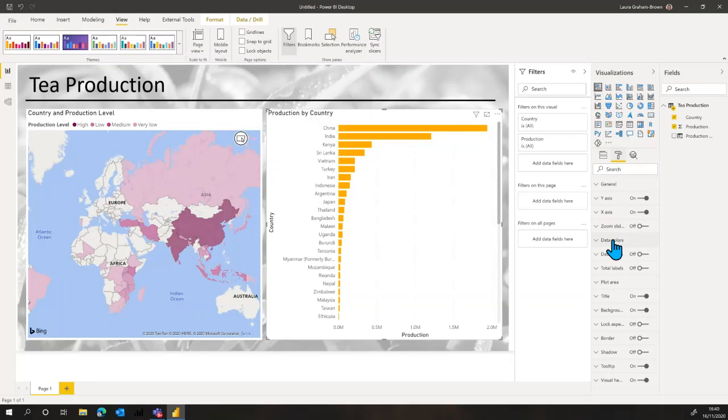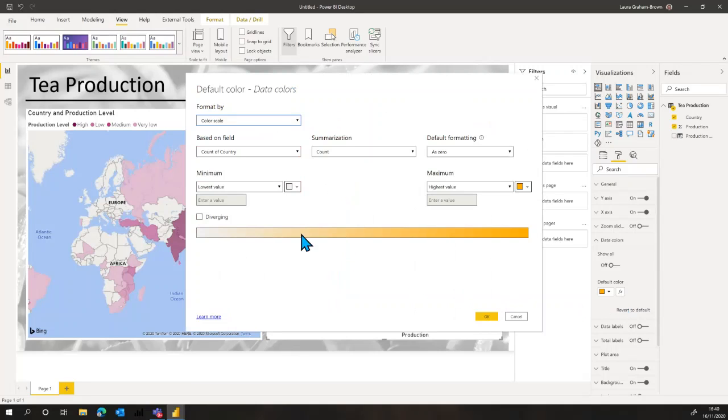If I go to my data colors, there is a little FX button. So if I click the FX button, you can get the color scale. Okay, so I can put whatever color I want to be up here. So let's stick to our delightful pink. And there we are, there's our tea production. And if I then click OK,